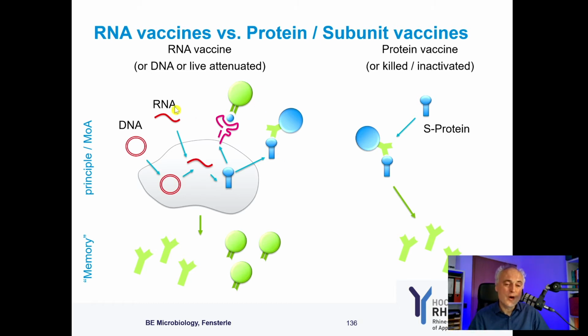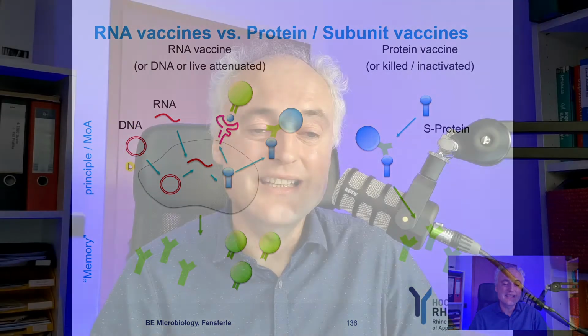Now, maybe one more word and a bit more detail on this RNA vaccine. Again, with DNA vaccines, you inject naked DNA, and you inject per mouse, for example, 50 micrograms of DNA, which is a lot. Not per mouse, it's 100 per mouse leg. It's 50 micrograms. Now, for the RNA vaccines, the dose of the Biontech vaccine is 12 micrograms, which is way lower. And RNA is way more unstable than DNA. So this will not work if you don't have an appropriate formulation. So let's have a look